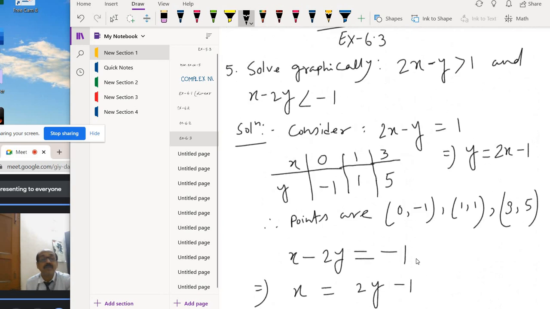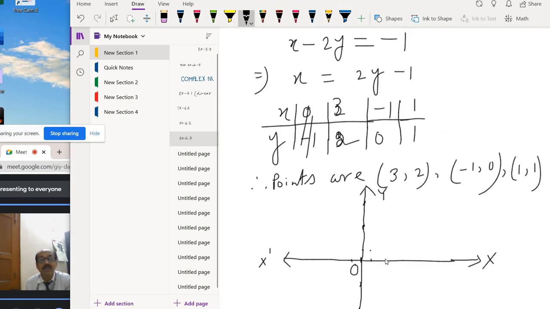Then (3, 5), x3, y5, like this. Okay. So the line will be...